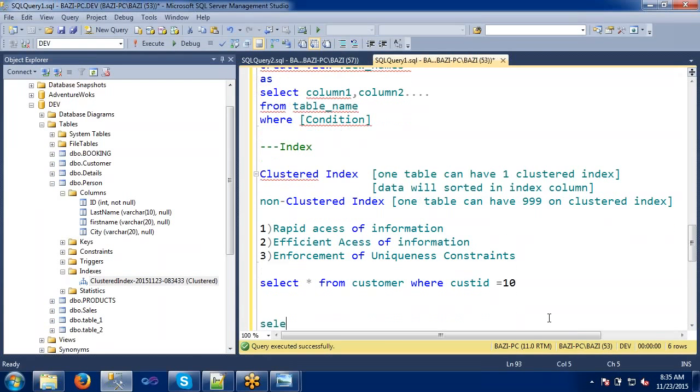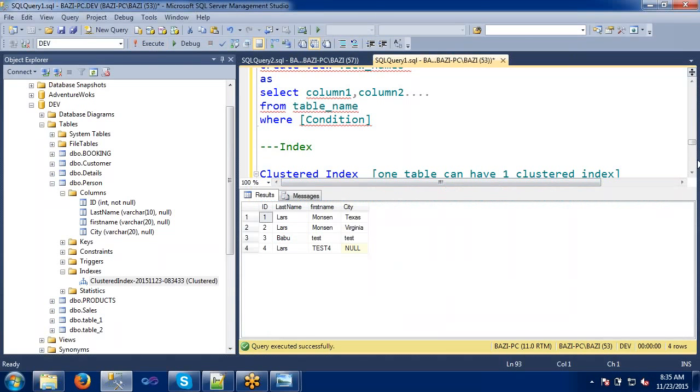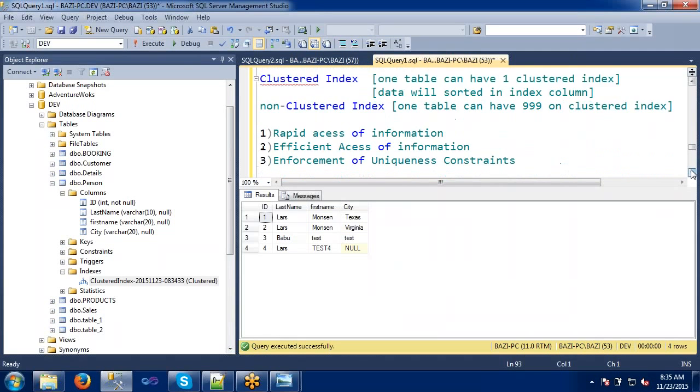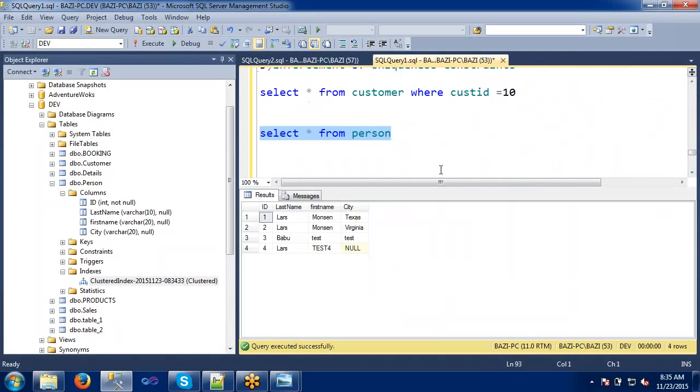Let's select star from person. So how can we see it easily? Now I said I can see some performance improvement by using these indexes.